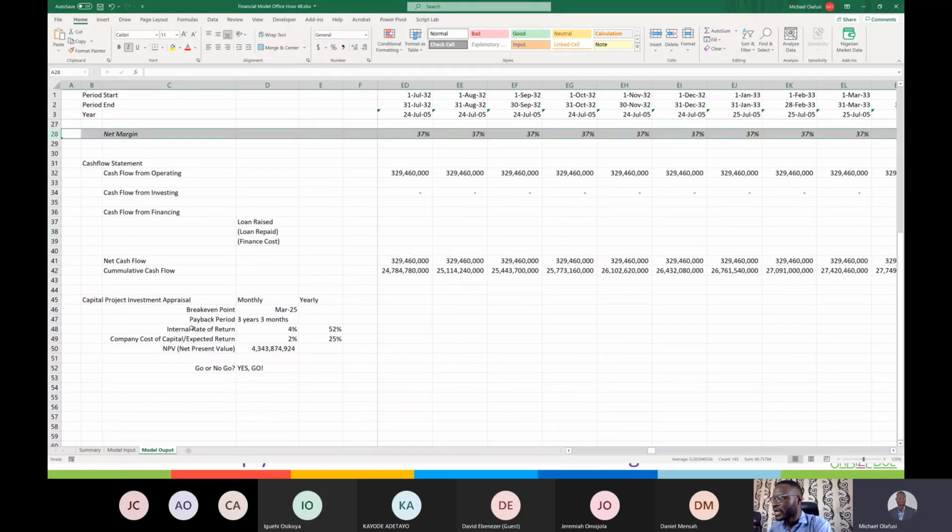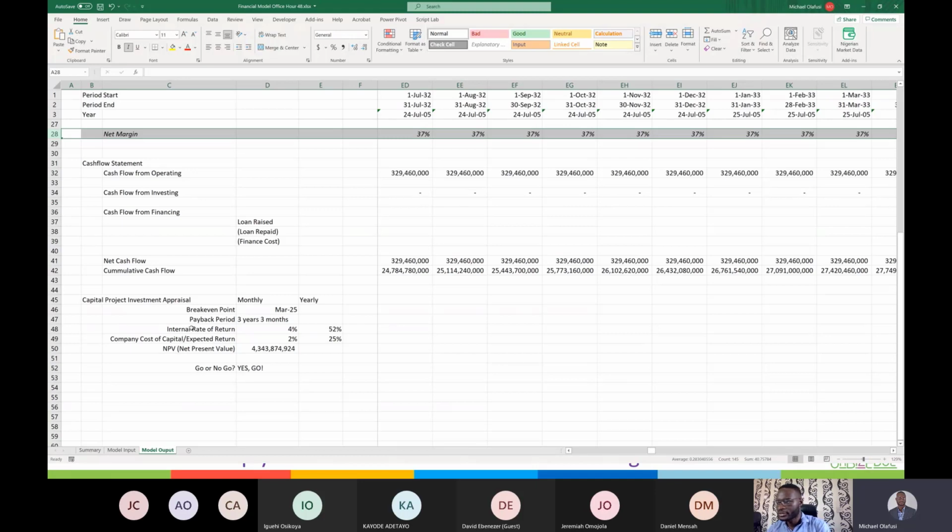So what is this project cash flow? Even if you want to set up a project, like a fish farm, where you're not looking to do a full financial model and you're not interested in creating a balance sheet, you just want to see what the cash flow profile is going to be like, then you can use this approach too.